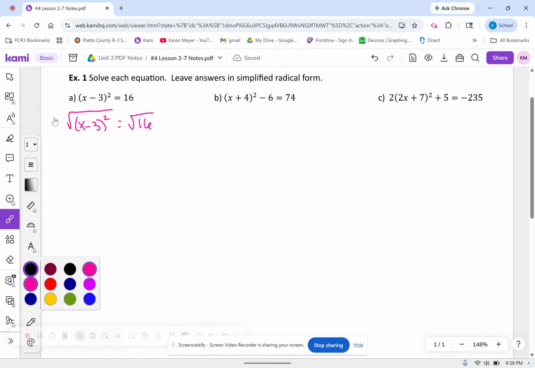Now, why does a square root eliminate a power of 2? For the square root, they don't ever put the index number here, but remember the little index number is a 2. They don't put it there because they assume you know that because you call it a square root, so you must know the index number is 2. But since the index number and the power are the same, they just cancel each other out. So on this side, you are just left with x minus 3